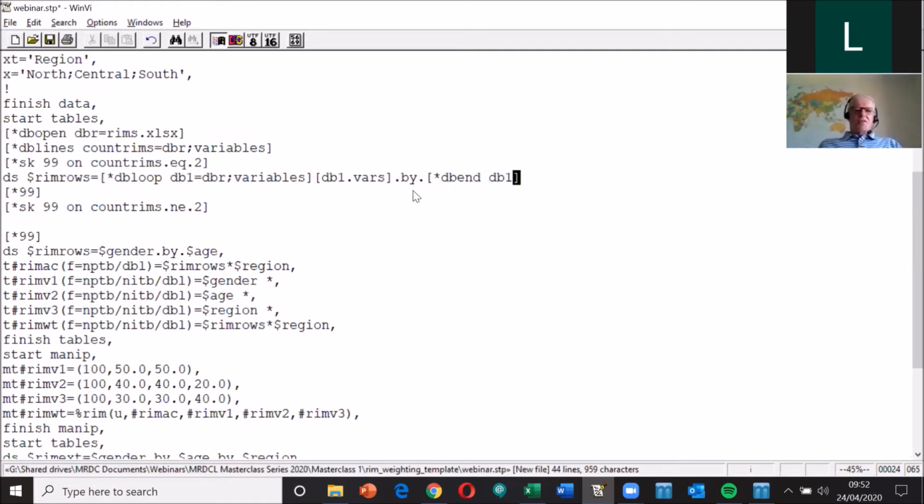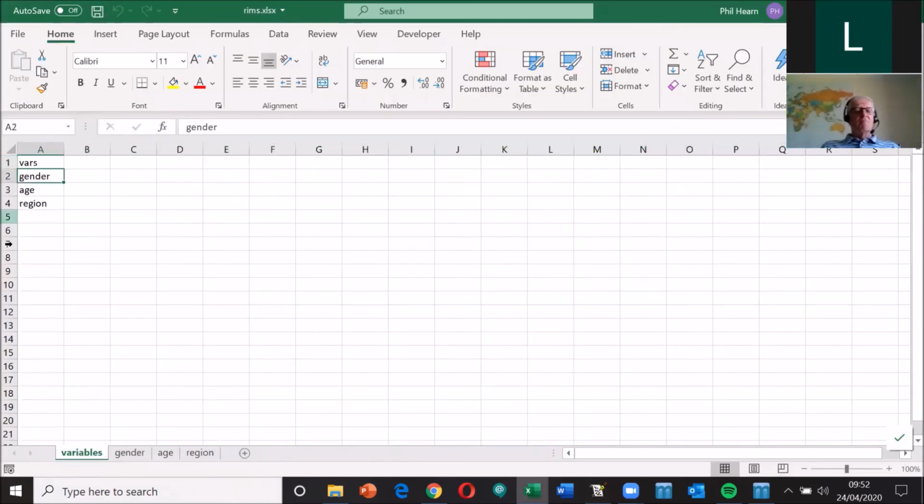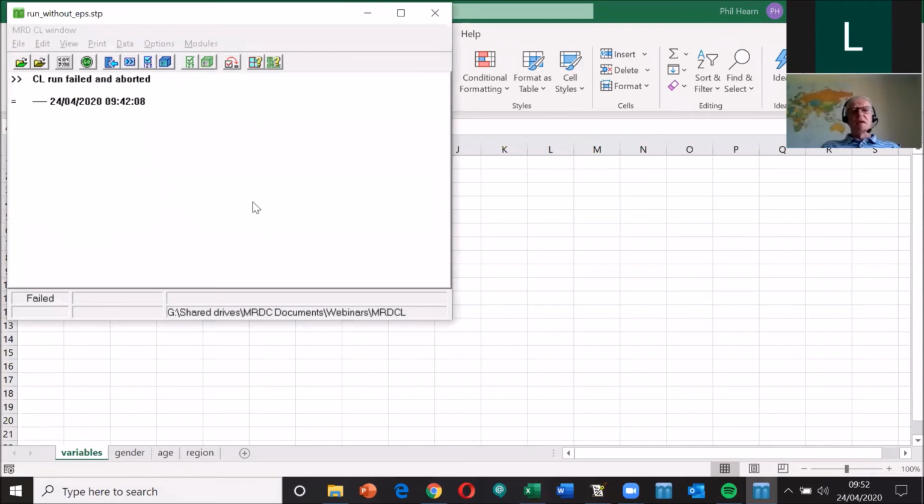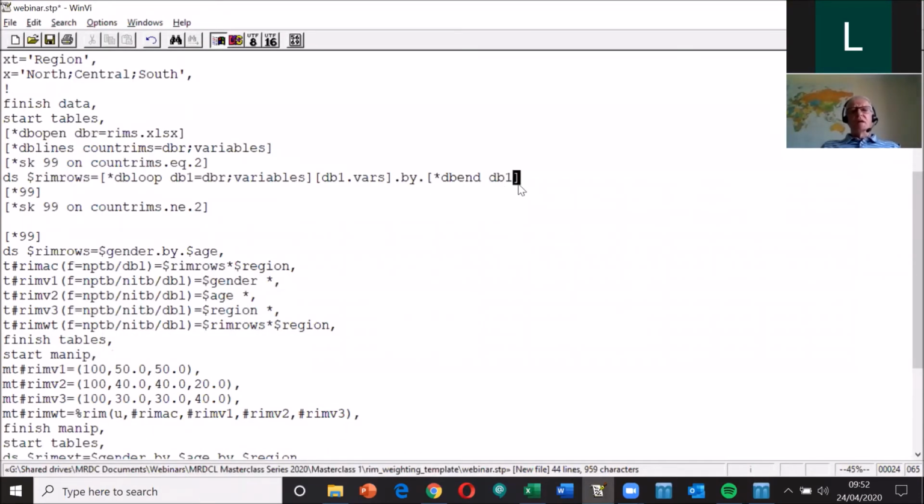Now that sort of does some of the job but doesn't do all the job. So what this would do at the moment is it would say go round the variables and output db1.vars, which is that piece of text there, gender, age and region, and add after it dot by dot and carrying on doing that for each one. But that wouldn't be what I want, because what I would get out from that would be $gender, dot by dot, $age, dot by dot, $region, dot by dot with a comma on the end. So not only do I not want region on the end,